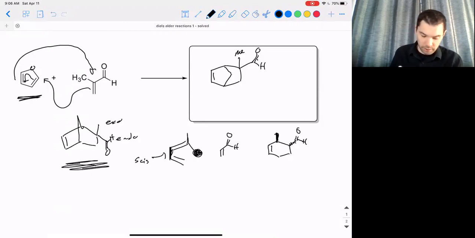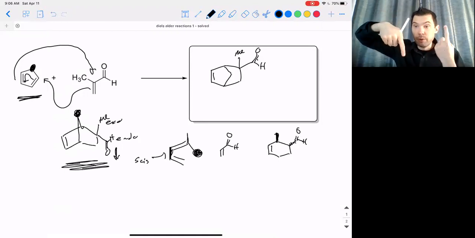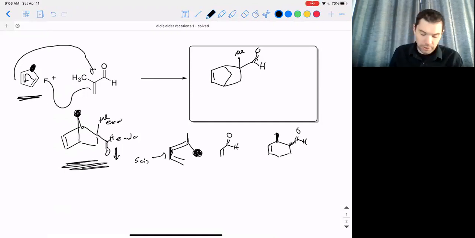And we can see that here because the cis group on this diene is that bridging CH2, and the bridging CH2 is up, whereas the aldehyde is down. So the methyl group here is the one that's co-up. So the aldehyde is down, the bridging methylene is up. And so again, the cis group on the diene ends up trans or anti to the group in the final product. The reason that's important is then when we go back and draw it in the 2D form,